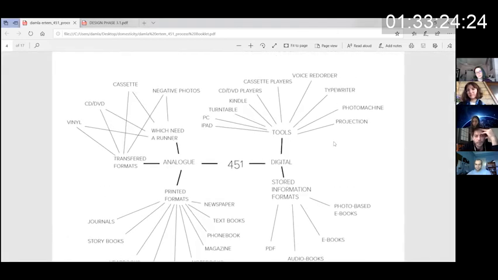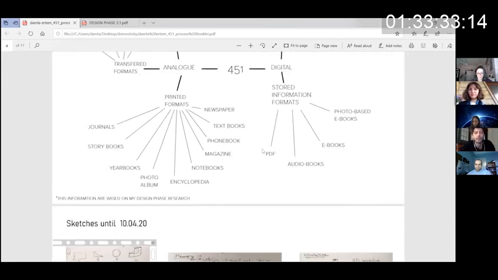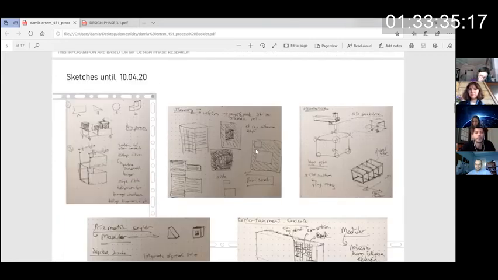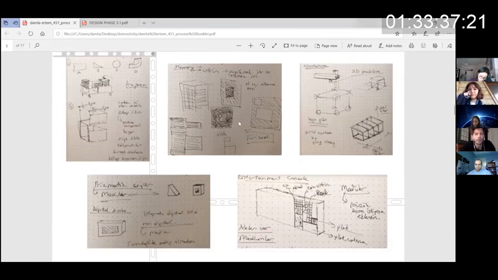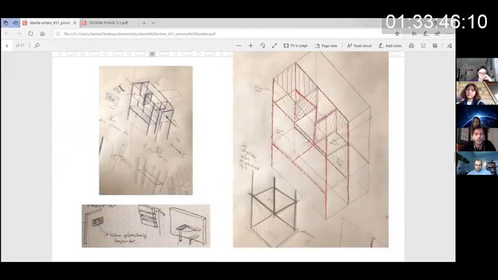This is the mind map that I presume we can put in our information center unit. I made some scenarios over the semester, and you can see the sketches of how the forms actually evolved. Here are some of the scenarios that I care about the most. These are my first